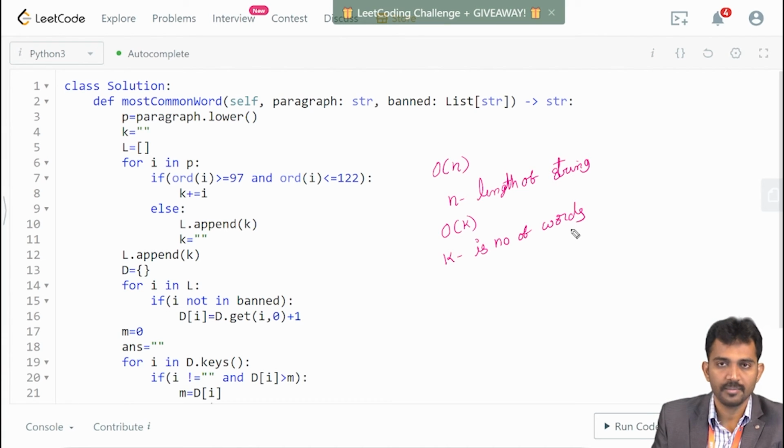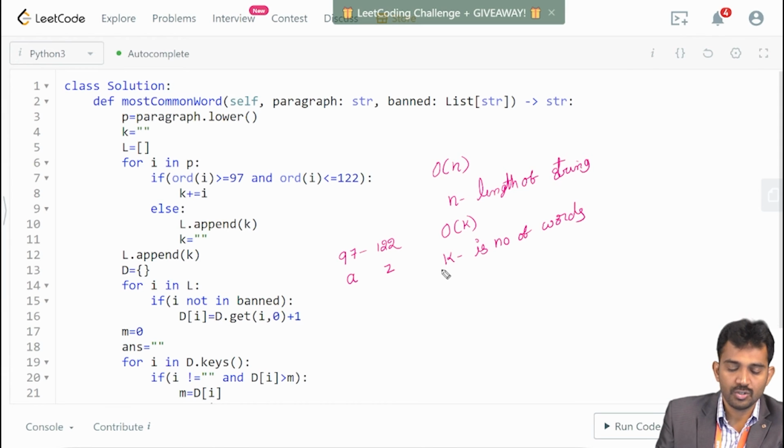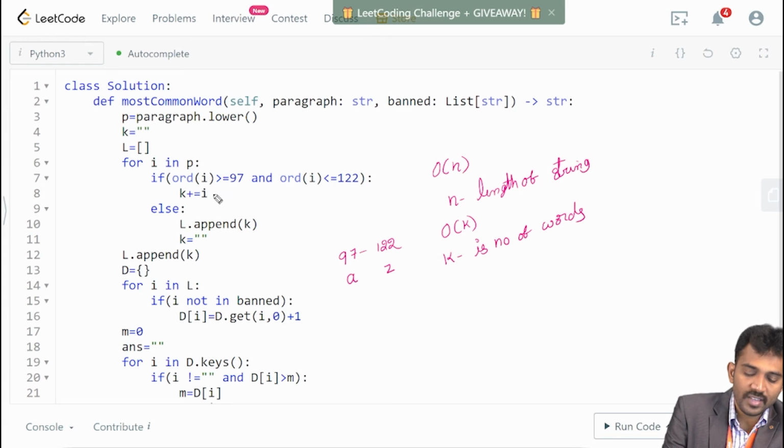This is the time complexity. And the remaining problem is as it is. Right? Got it? Simply, you know that the ASCII value of 97 to 122, the small a value is 97 and small z value is 122. So I'm going to add only when I get a character in between, then I'm adding that character to the k, right? Whenever I get a character other than that, for example,